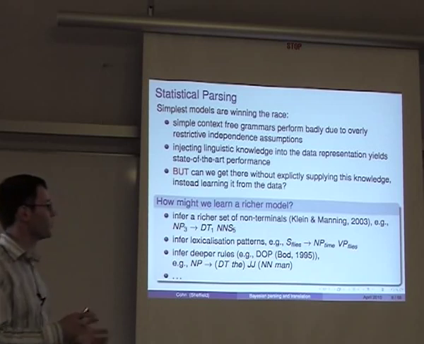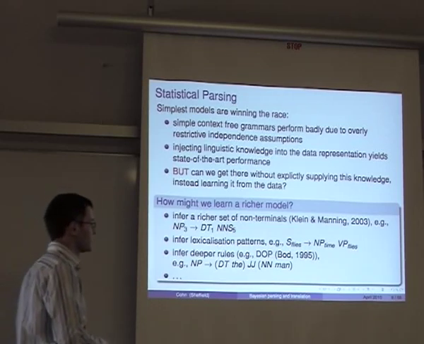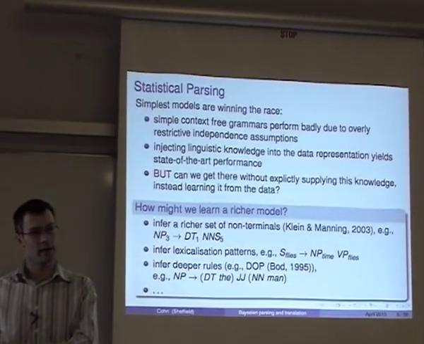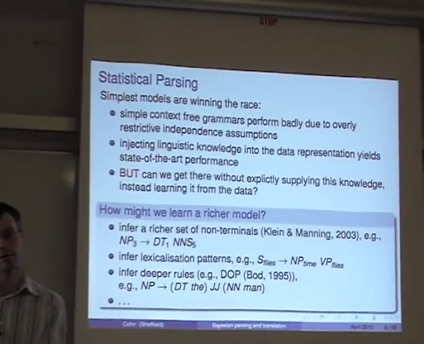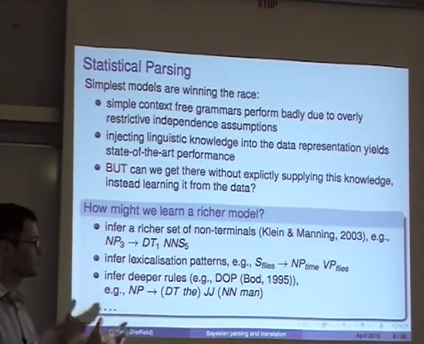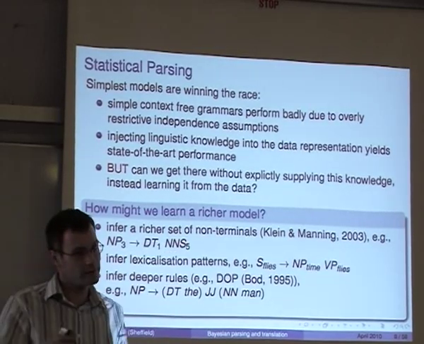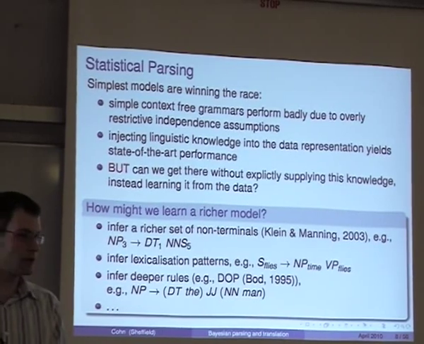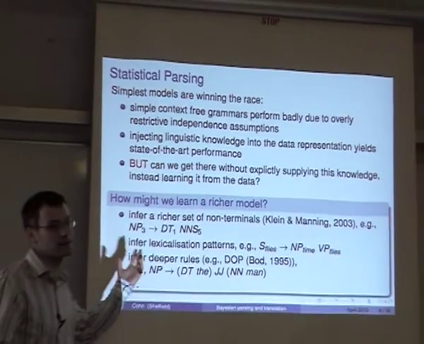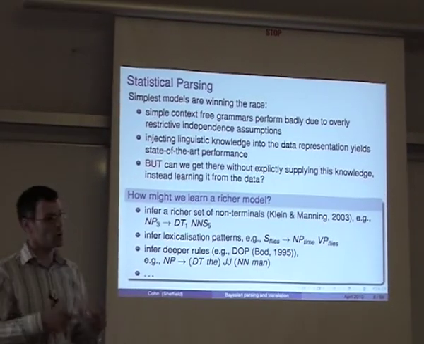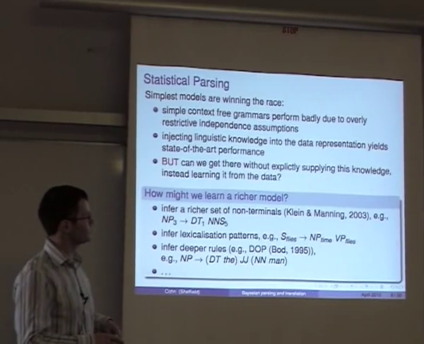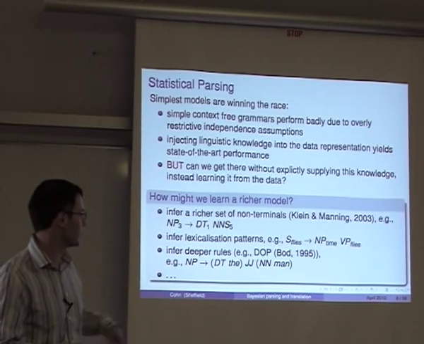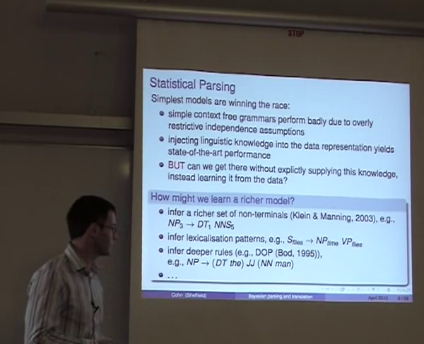There are a few ways in which we might go about inferring it, and people have tried various different approaches. One is to infer a richer set of non-terminals. For instance, instead of talking about noun phrases, we cluster the noun phrases. So there are certain types of noun phrases; for instance, we have noun phrase type 3, perhaps plural noun type 5, and perhaps some kinds of nouns are the ones that tend to take female gender, other types of nouns take male gender, some of them are days of the week, and so forth. This can learn more interesting dependencies and weaken a lot of the context-free assumptions made by a context-free grammar by allowing a lot more information to be injected into the non-terminals.